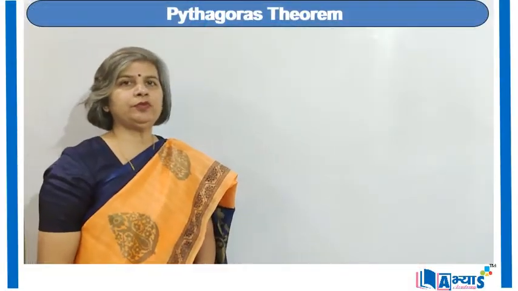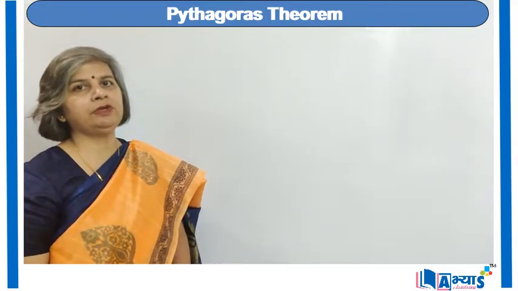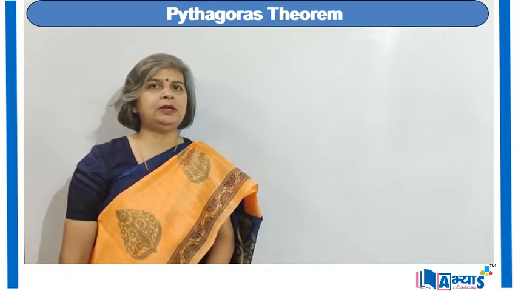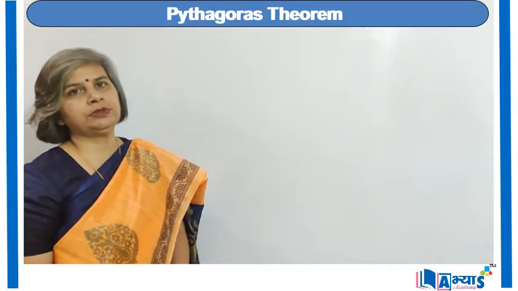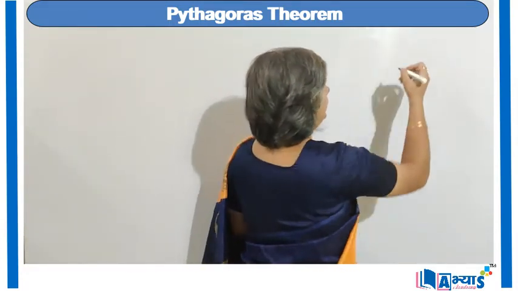Now let us try to prove the converse of the Pythagoras theorem. That means we are given a triangle in which the square of one side is equal to the sum of squares of the other two sides. We have to prove that the angle opposite to the first side is 90 degree. For example, we have been given a triangle ABC,